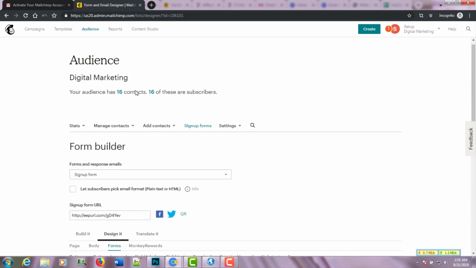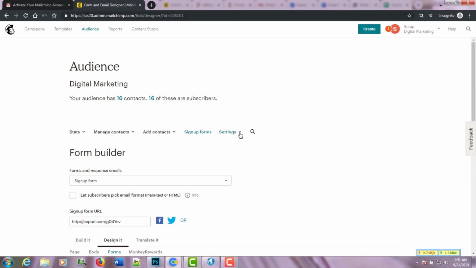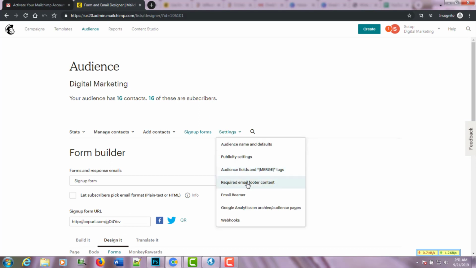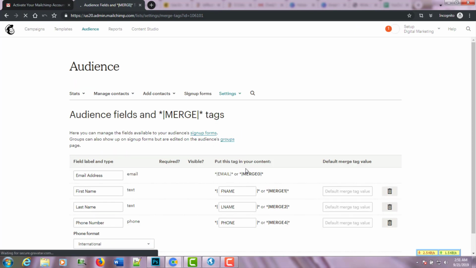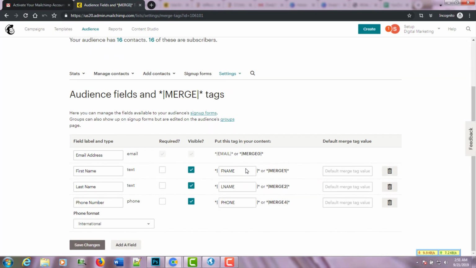Okay, I think that's that for setting up forms. You can also set it up under audience feed and merge tags. Okay, you can add a field